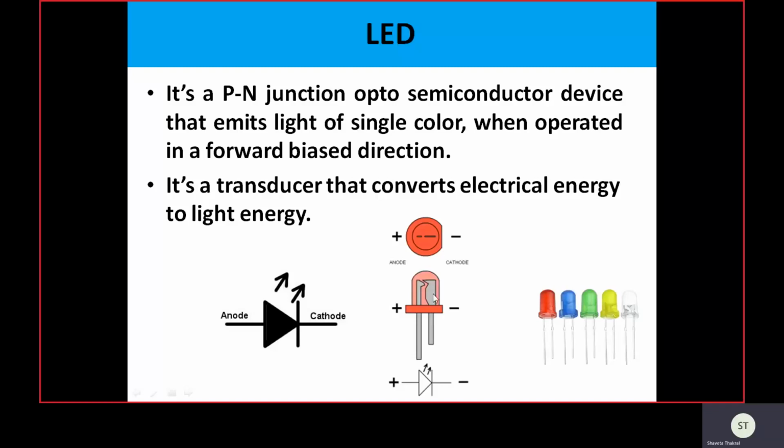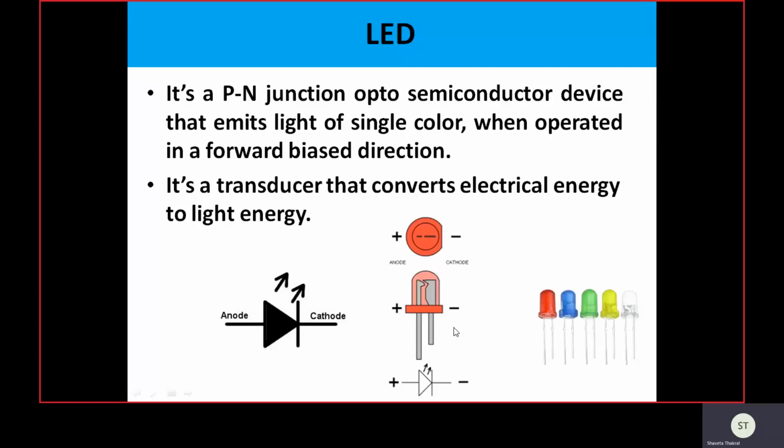And another way to identify anode and cathode is to observe the cross section. If we observe the circular cross section, it is not completely circular. We carefully observe that on the cathode side there is a cut. This cut shows a flat portion in the circular section. This particular side is the cathode, and the complete circular side is the anode. So in three ways we can analyze which terminal is acting as anode and which is acting as cathode.